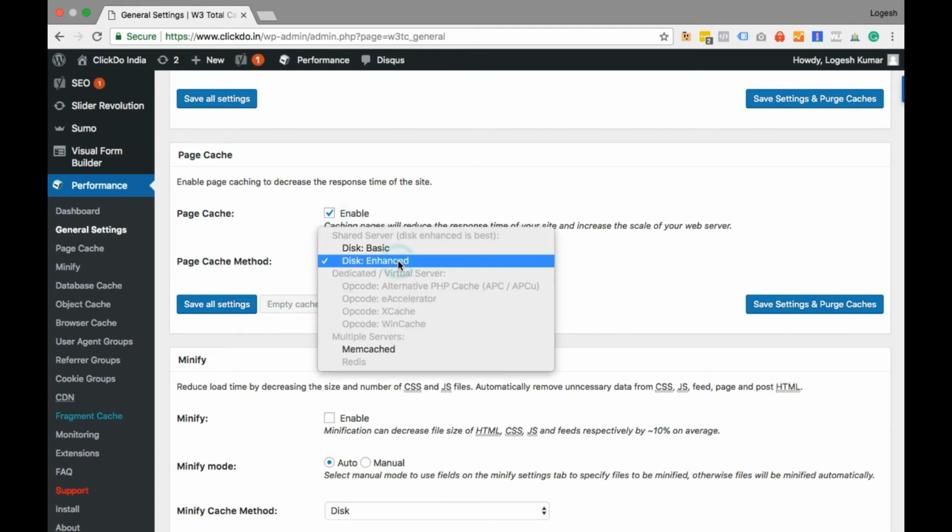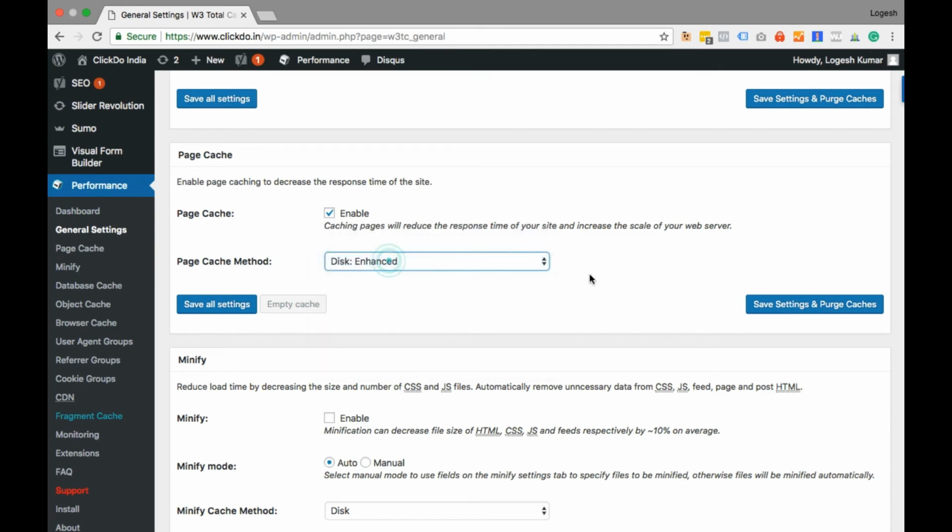Okay, so here there are different options for your caching, like basic, enhanced, and a lot of things based on the server that you have. So that is why I suggest you get in touch with your hosting provider to get the best configurations. And almost every hosting provider will have a recommended plugin which automatically adjusts its settings based on the server. Okay, so in this case our existing server gives us 3 options like basic, enhanced, and memcache. So let us go with enhanced,